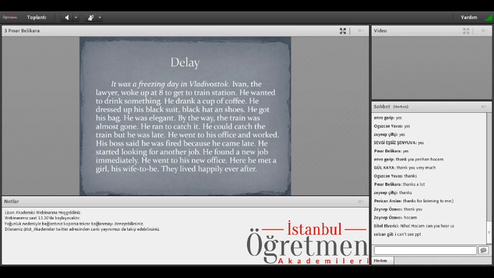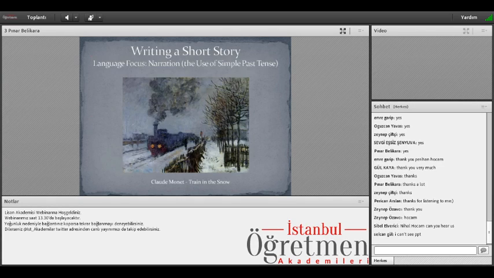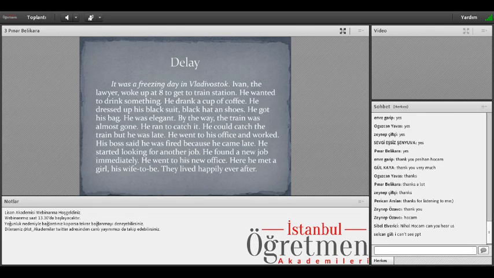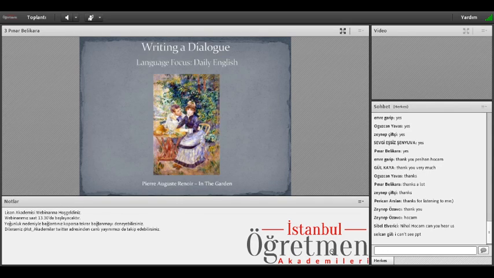So I thought they would think it's a gloomy day, it's winter time, so I was expecting a sad story, but they wrote a happy ending, so I liked it really. And then they chose a title, Delay, because he was late for work, but it had a good ending. And this was the first one, and the second one was that painting,